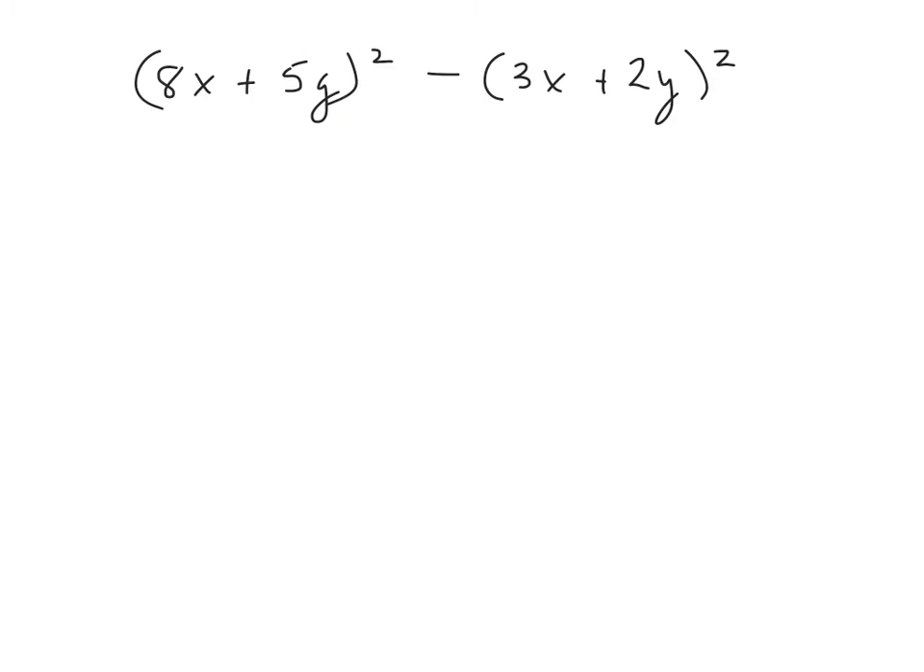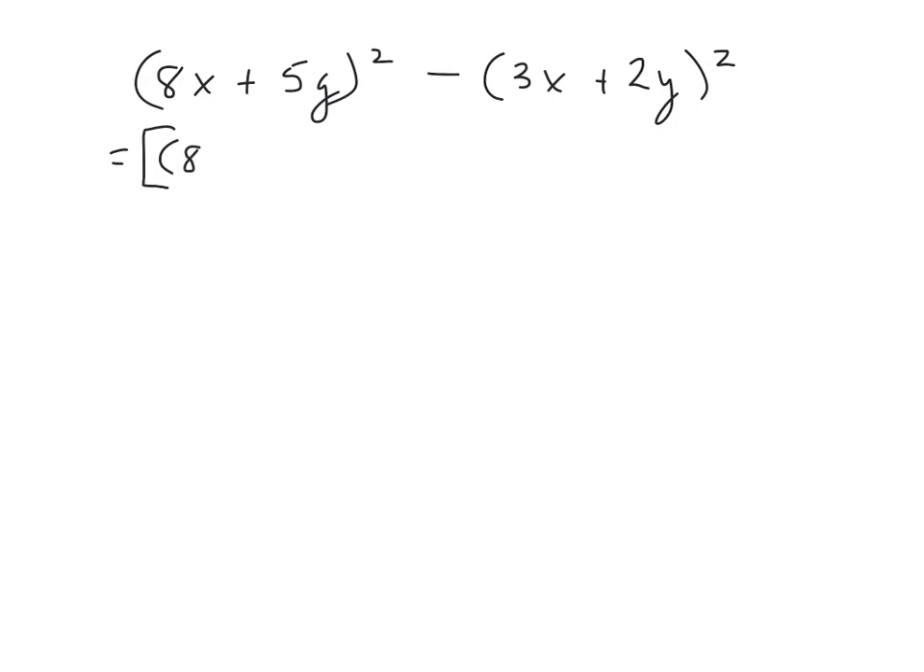Now, I have seen students multiply this out. In other words, square the first set of parentheses, square the second set of parentheses, combine like terms, and then attempt to factor the result. There's an easier way to go. Here's what you do instead to make it a little less work. Since this is a square minus another square, we can